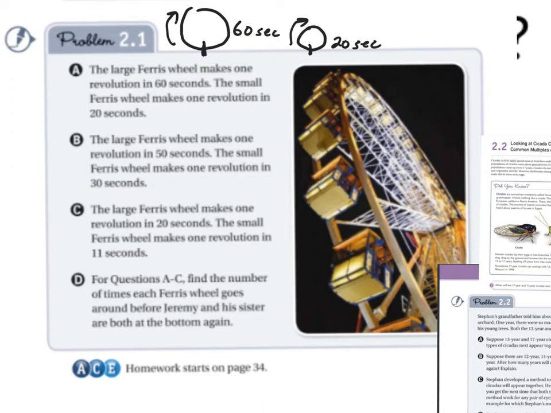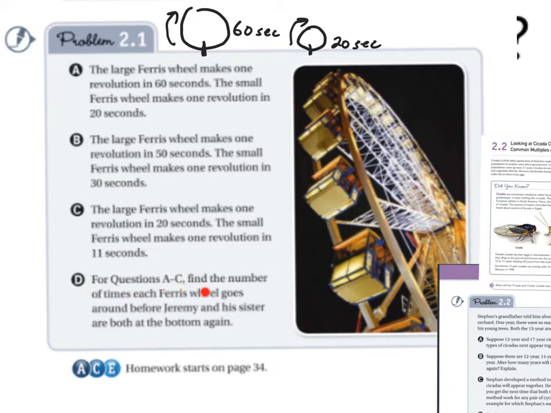B, the large Ferris wheel makes 1 revolution in 50 seconds. The small Ferris wheel makes 1 revolution in 30 seconds. C, the large Ferris wheel makes 1 revolution in 20 seconds, and the small one makes 1 in 11 seconds. So the question they're wanting you to answer for each of these, A, B, and C, is